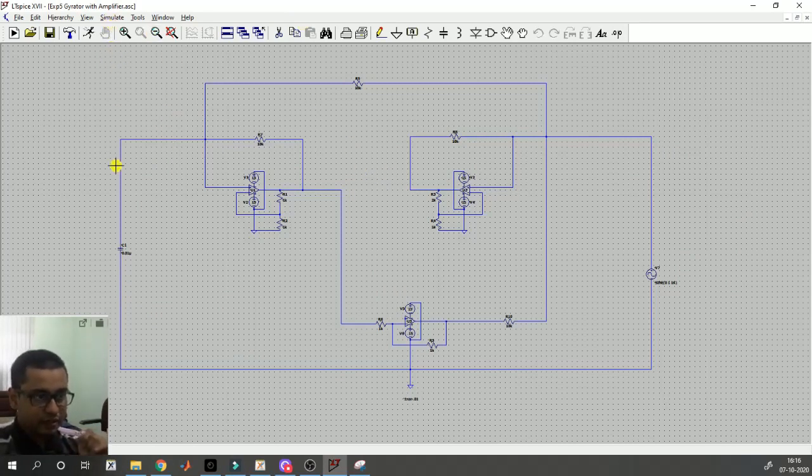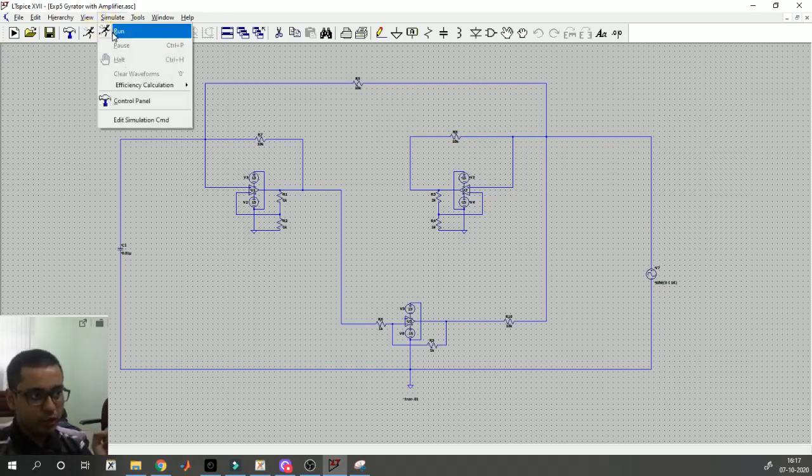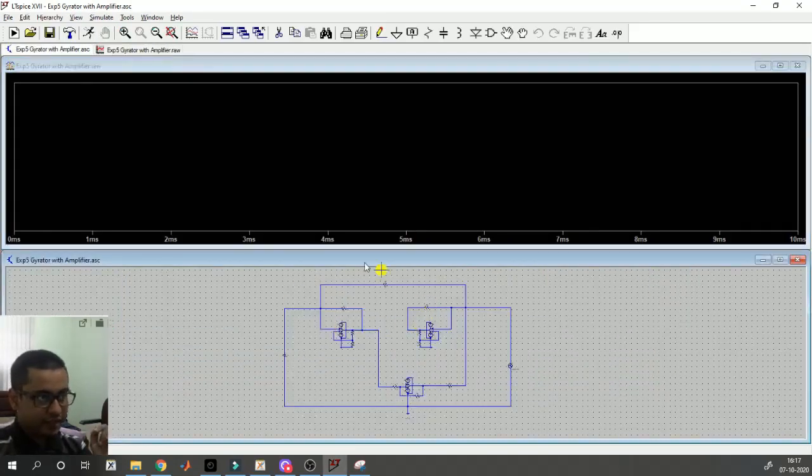So here I have the capacitor, and here I have a voltage source. So this arrangement, that means everything other than the source, everything here together acts like an inductor, and these two are the terminals of my inductor, where I am applying a voltage, and I will measure the current to check whether it is behaving like an inductor or not. Okay, so let me go to simulate and run. So this is working now.